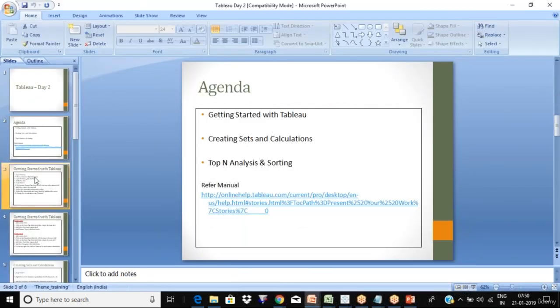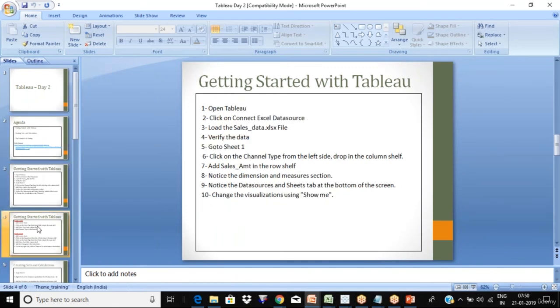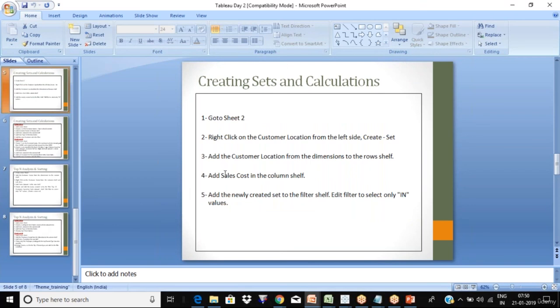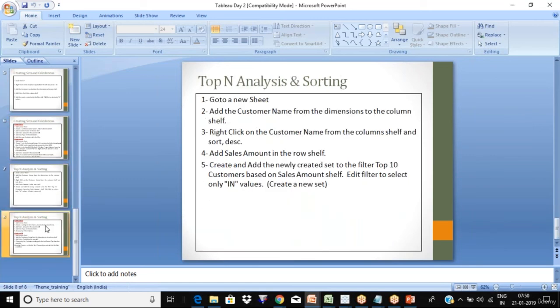what I want everyone to do is, you have already done these. There are also some assignments on the sets and calculations. In the sets, you should be able to at least solve hands-on number 3, guys. Hands-on number 4, don't worry about it. We will discuss the rest of the things tomorrow.